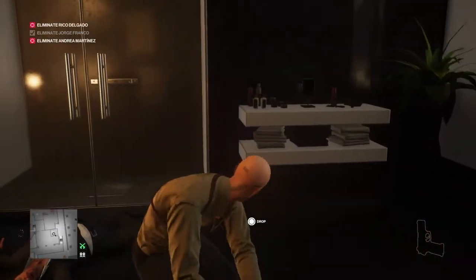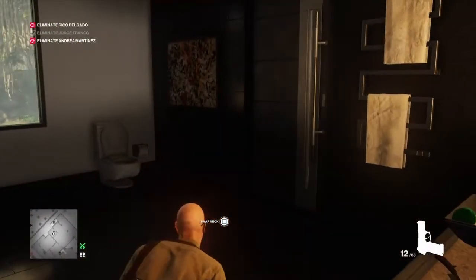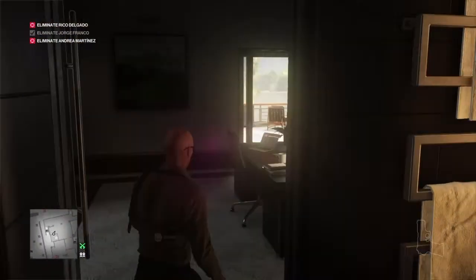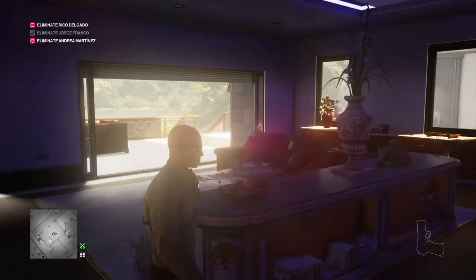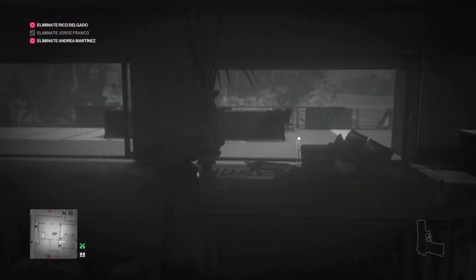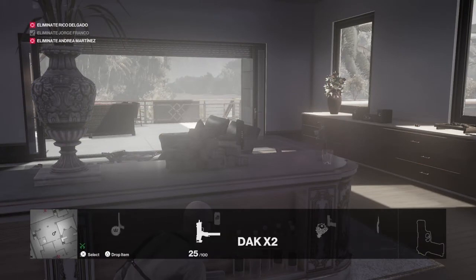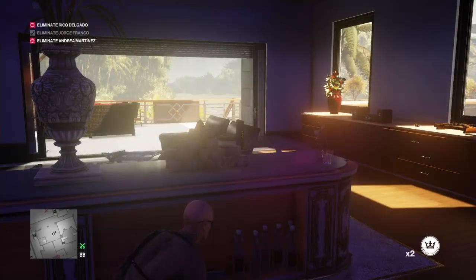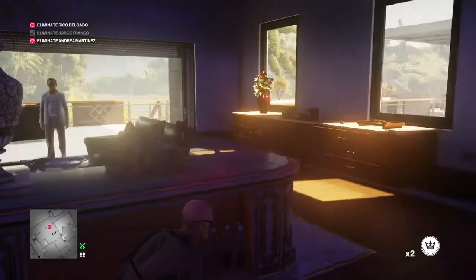So everything is now ready. All we have to do now is wait for the return of Rico Delgado. This can be a while. He's got a relatively long routine. As you can see, he's currently outside. And he's got to come back into the building and go through a couple of rooms before he heads back over here. So in the meantime, we are going to select our coins